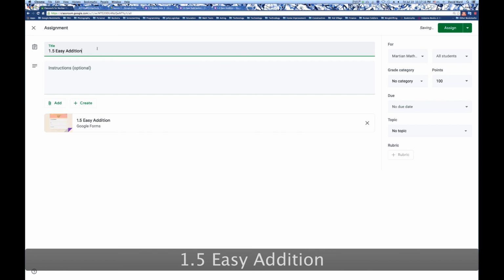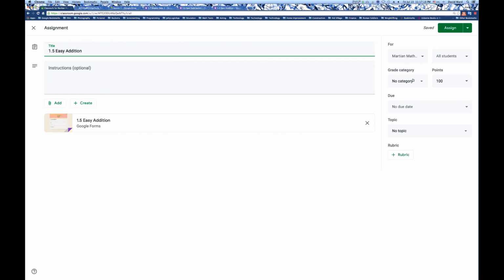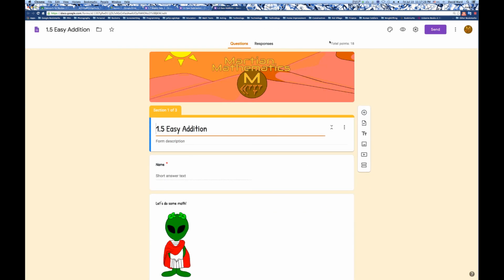Now this time, this is something that we can grade if we'd like to. There are 18 questions on this form. You can always check the form like this. If you go and look at the form, you open it up and it tells you total points. As long as there's 1 point per question, that'll tell you the number of questions. So we can distribute those 18 points here,